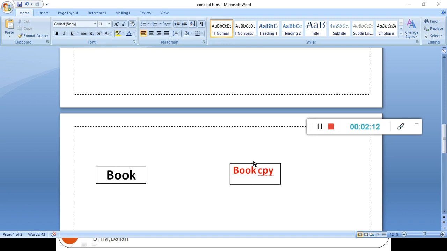Now one among my students has approached me for the book, and I have given a Xerox copy. If the student tries to modify this book, is he actually modifying my original book or this copy? It is the copy which is getting modified, so the original book remains unchanged, because it is not the original book that I have given to my student. I gave the Xerox copy. So a change in the copy will not make a change in the original. This is nothing but pass by value or call by value.